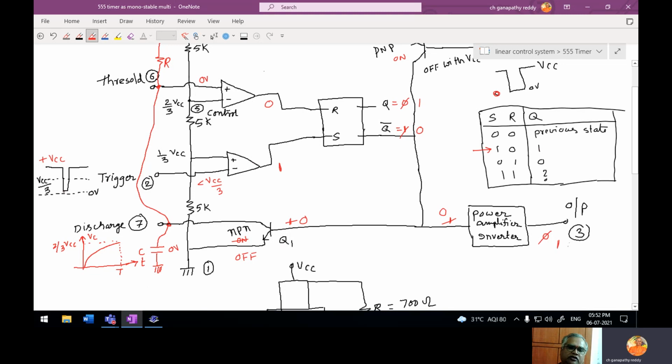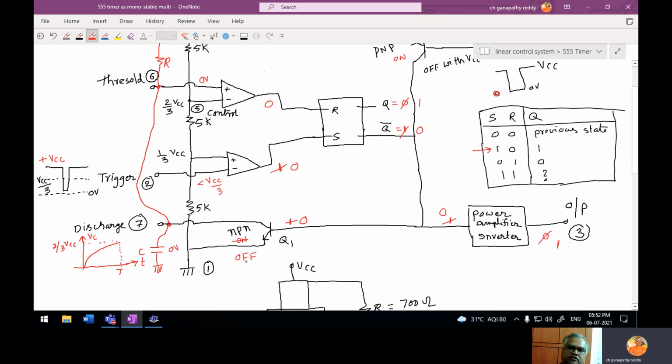But this trigger is not maintained for a longer duration. After a small gap it again comes to high. When it comes to high, again the negative is dominating. When negative is dominating, output will now be 0. So this will come to 0. But here 0 only is there. 0, 0 means the state remains the same as the previous state. What is the previous state? This remains 1, this remains 0, this is 0, then output will be 1.